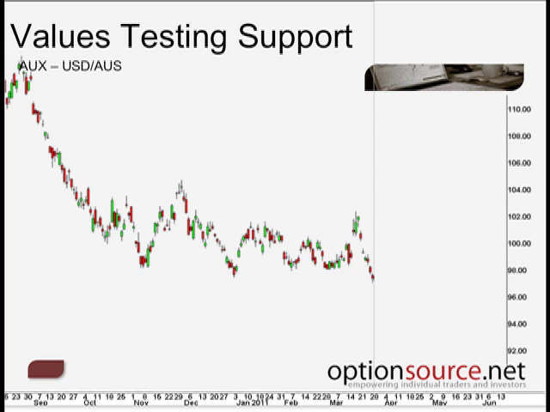So here's an example of the AUX, going back essentially into the last year. I've just taken a snapshot of the price action, or the pair value action, up until April. What you'll notice here is that we saw a support level established over an extended period of time at that 98 level. And the way I try to describe the whole concept of support and resistance is basically